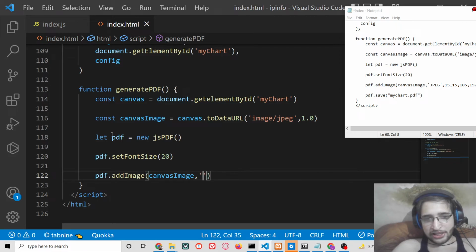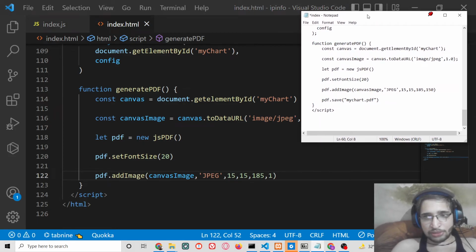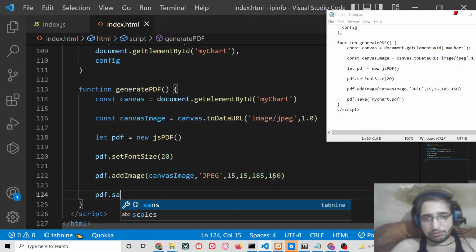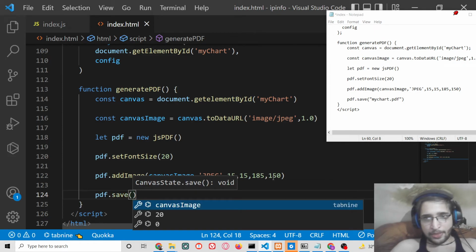So this will be a JPG image. So pass this, and then the x coordinate, y coordinate, the width, which will be 185, and the height. So these values you can provide anything. This is your choice. 150. Lastly, we need to save this document. So we will simply say pdf.save my